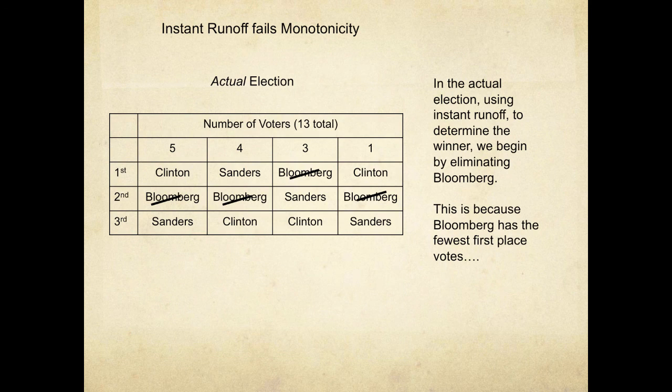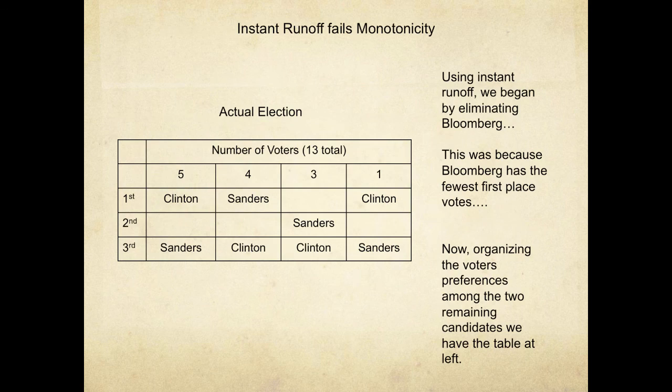So if we eliminate Bloomberg, and we look at everybody's preferences without Bloomberg, for example, these first 5 people in this column ranked Clinton over Sanders, so I'm going to assume here that they still rank Clinton over Sanders, and these 4 people ranked Sanders over Clinton, and so did these 3. So if those preferences remain the same,